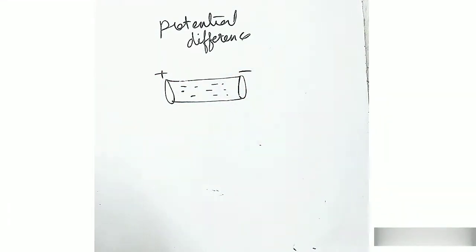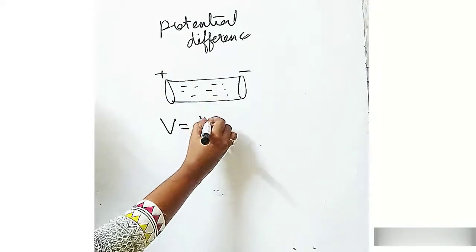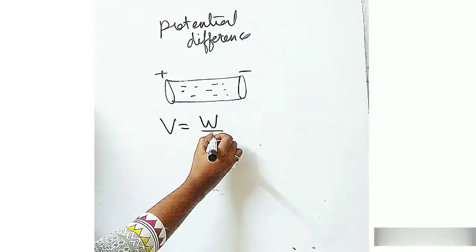Based on that, a potential difference is developed, and because of that, current starts flowing through the circuit. Now, according to physics, what is the definition? Potential difference between two points is the work done upon charge. So I'll say potential difference is denoted by V, students, work done upon charge.